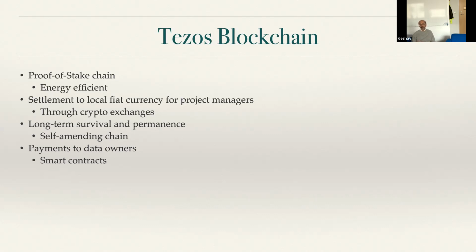And we also can put in smart contracts of guarantees that if somebody's delivering data to the system for use for carbon credits, then they get paid, because collecting data is actually not easy. And so we'd like to make sure the data owners get a fair payment for the services that they provide. And we can do that through smart contracts. Again, that's automated in a blockchain. It would be harder to do otherwise.